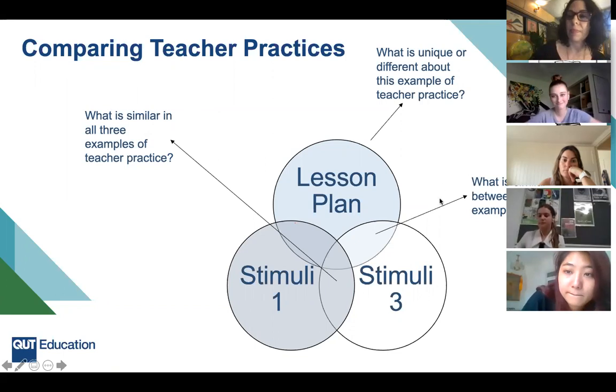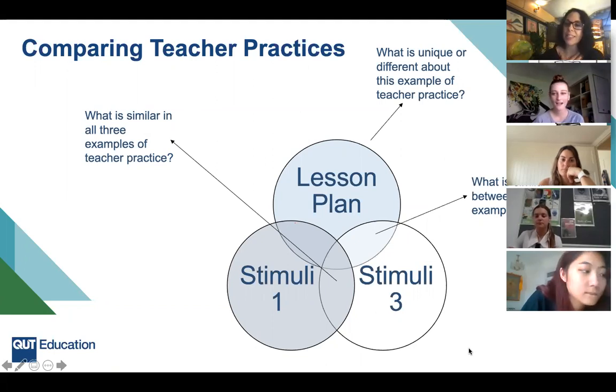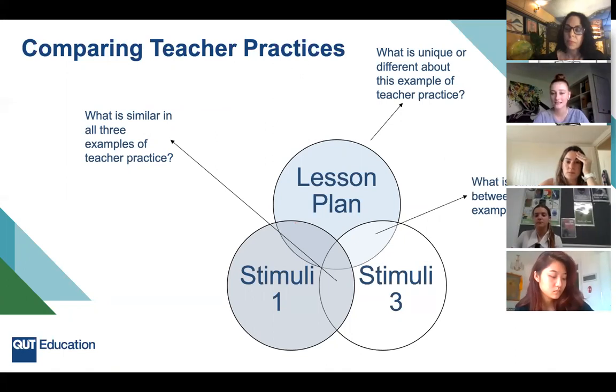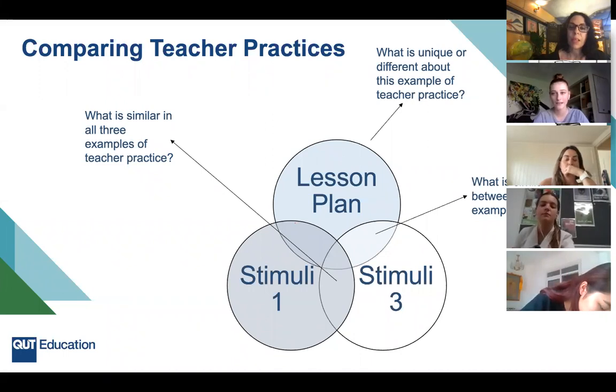Isabella, you had started, you had some interesting points to share in terms of similarities and differences. Yes, that was for secondary teaching. And I found the most similarities between the lesson plan and the first video because they were both really interacting with their class, asking questions, not just leading the lesson, but also letting the kids bounce off ideas and create their own views in answering things. But also, again, with the confidence thing, being able to be confident with the class and control the class without having these answers getting out of hand.